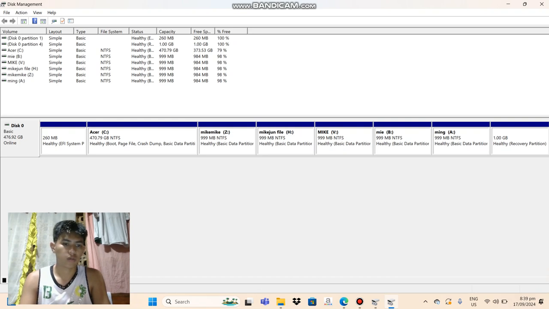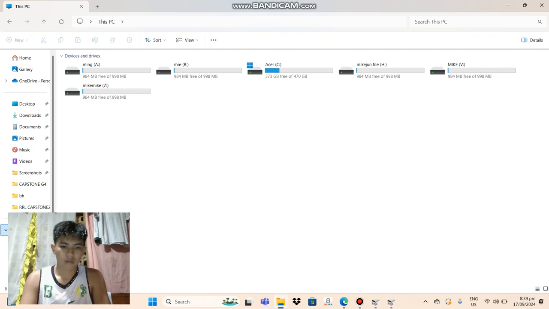We should go back to our file manager, and here in This PC, the partition file system we made is already here. Mike, with almost 1 gig of data storage.